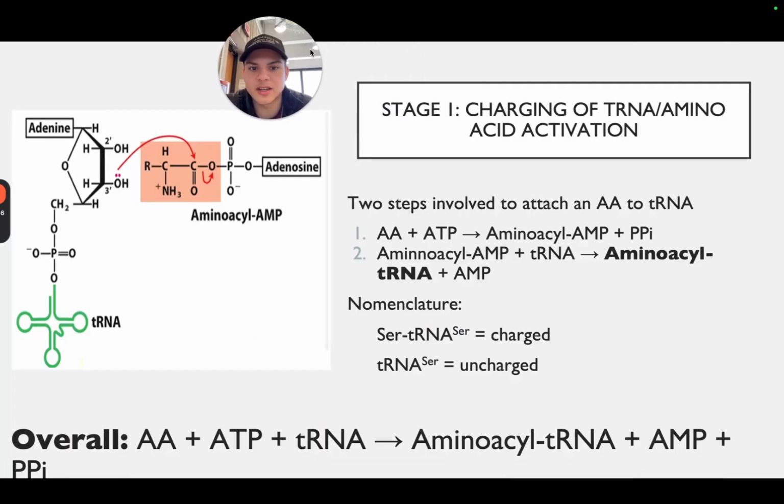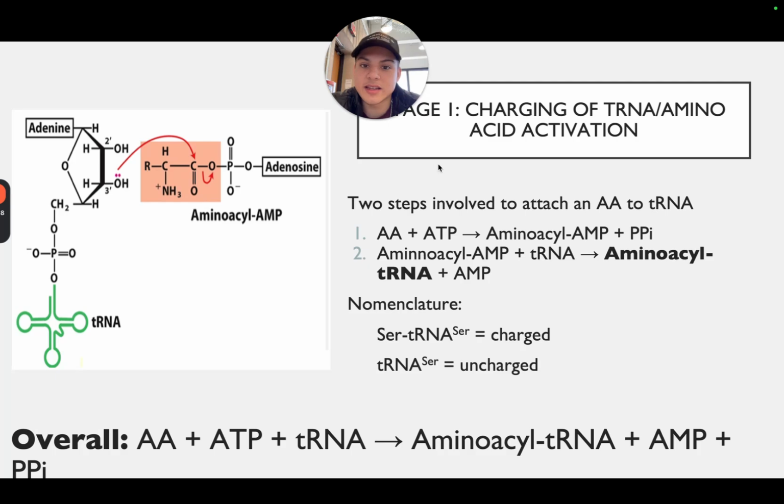So for stage 1, charging the tRNA with an amino acid, or amino acid activation, it's 2 steps. First, we need to activate our amino acid with ATP to form an aminoacyl-AMP, which, as you can see here, is the aminoacyl group combined to the phosphate group, the monophosphate, and then the adenosine. Then this intermediate is going to combine with tRNA to form our aminoacylated tRNA, so tRNA with amino acid. And some of the nomenclature is that